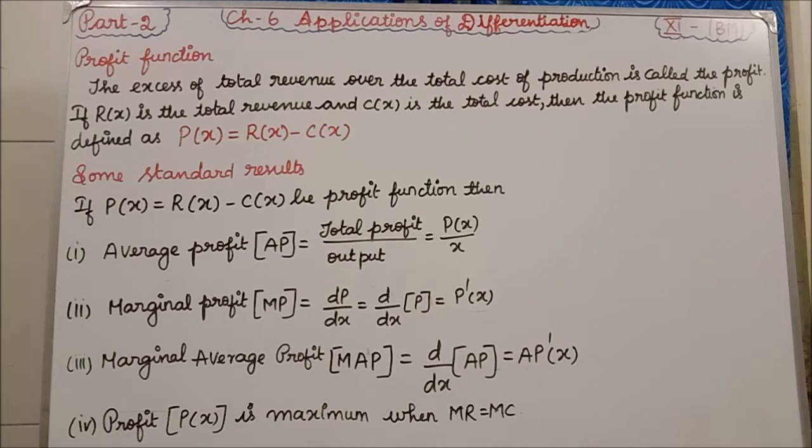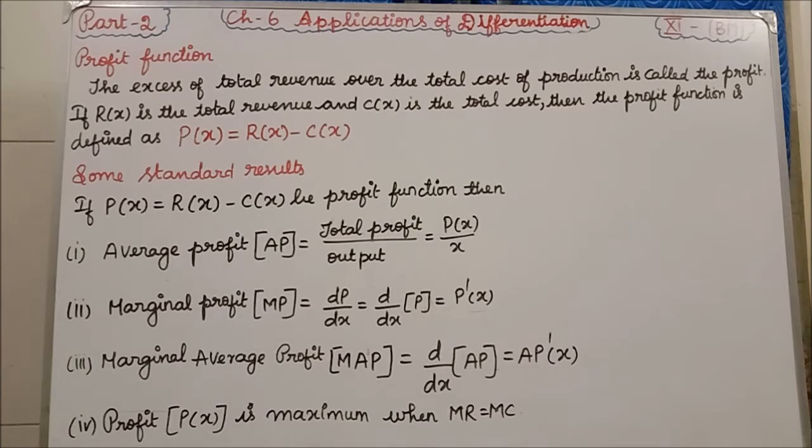Okay, now if you see the previous session, we have learned what is total cost, what is average cost, what is variable cost, what is fixed cost, what is marginal revenue, then what is marginal cost. We have learned everything. About total cost fully we have learned, and about marginal cost also. Now, in the part 2 session, we are going to start with the profit function, we are going to learn about total profit.